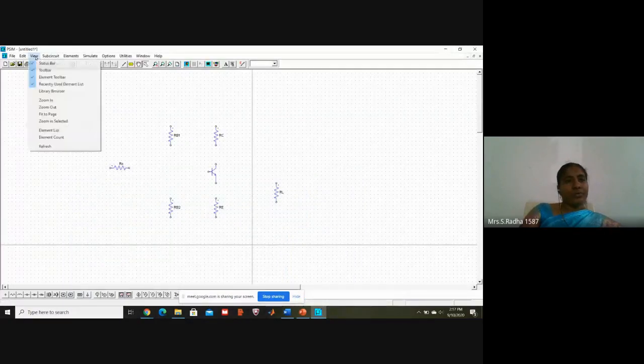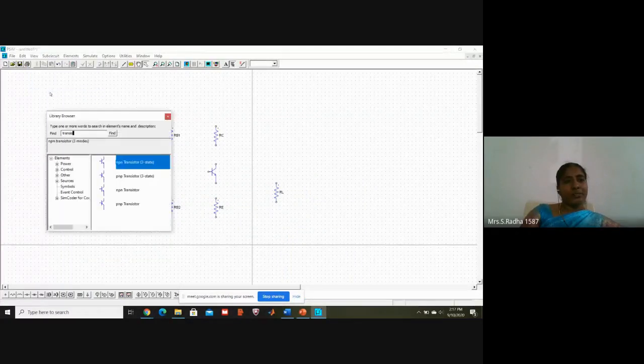I am going to view library, and if I want a sine wave, you see here an arrow mark is written. So this is current, sine wave current. Here plus minus is written. This is sine wave voltage. Okay, both are sine.